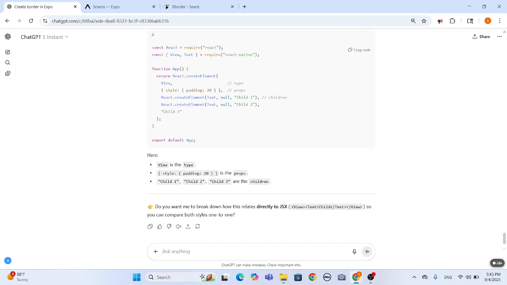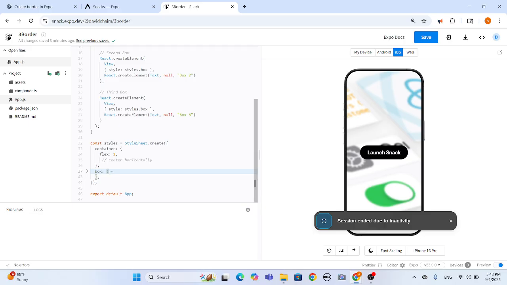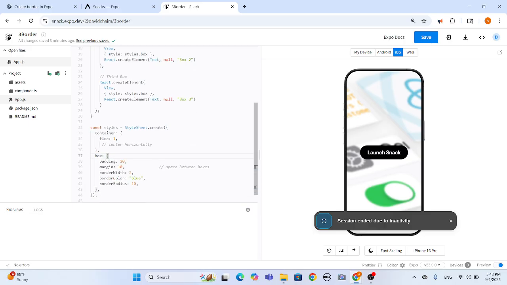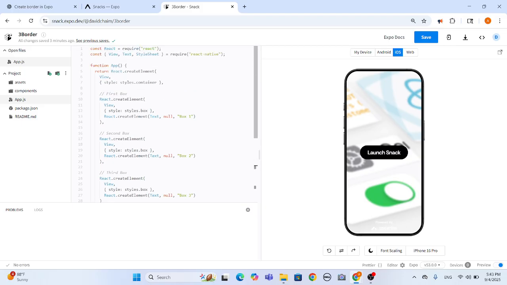All right, fine. All right, so we got our code over here. Got our createElements inside the